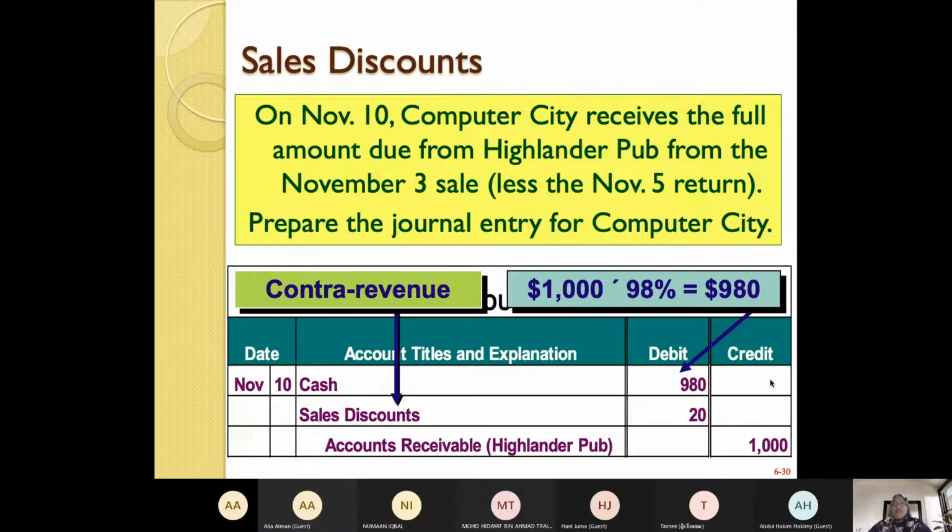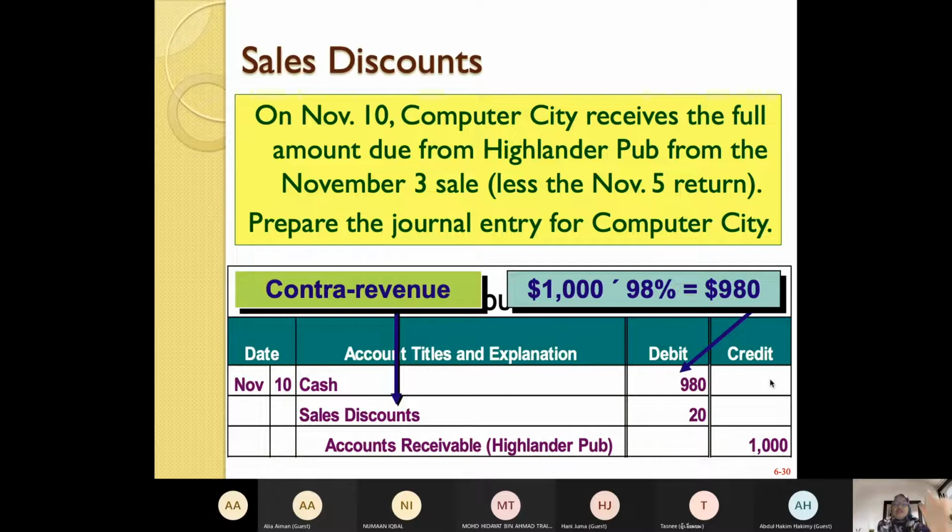If you make payment, for example, within the credit period, then there's a sales discount. So we are talking about giving a discount to your customer. When you make sales, for example, you say, okay, I give you 2/10, net 30. So when the customer makes payment within 10 days, you receive full payment, which is